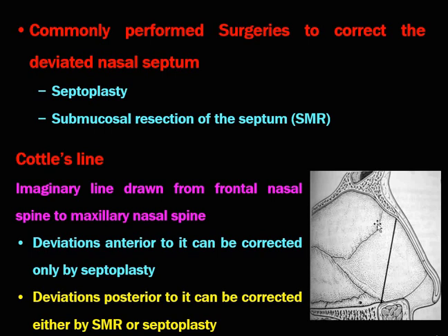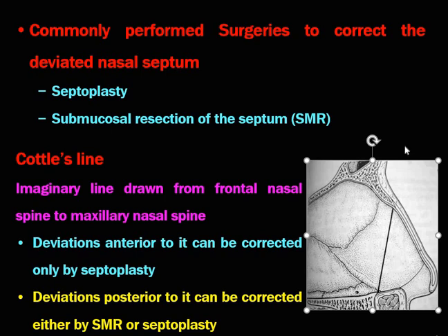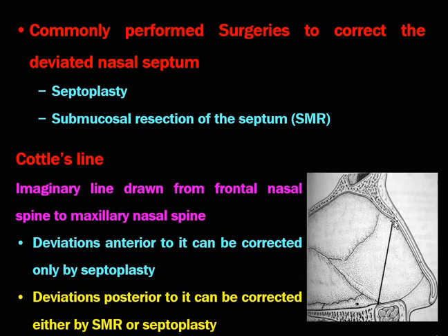This is very important. You can see here, this is the frontal nasal spine, that means the nasal spine of the frontal bone. This is the frontal bone and this is the nasal spine joining the maxillary nasal spine. Therefore, this line, which joins the frontal nasal spine with the maxillary nasal spine, divides the septum into the anterior septum